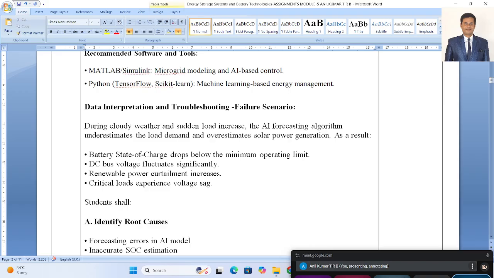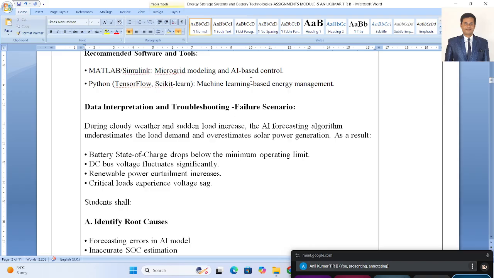If there is a change in the weather during the night time, what happens with solar? The battery is not charging, correct? Wind is there but a little bit, okay? So suddenly the load is increased. Then what happens? There is a chance of failure in the batteries. The battery doesn't have the backup to give that much power, right? So you have to study the failure conditions also.